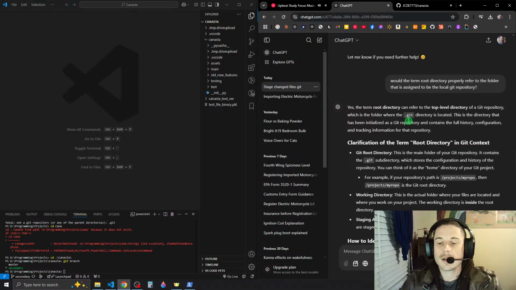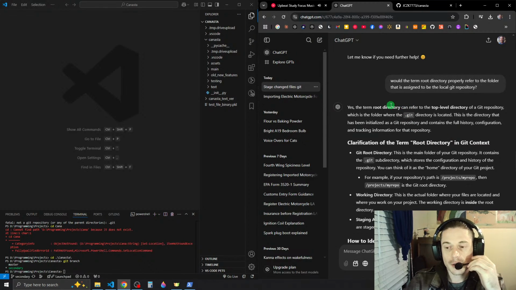Yes, the term root directory can refer to the top level directory of a git repository, which is the folder where the .git directory is located.